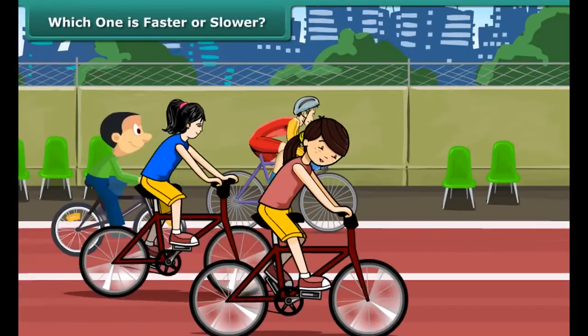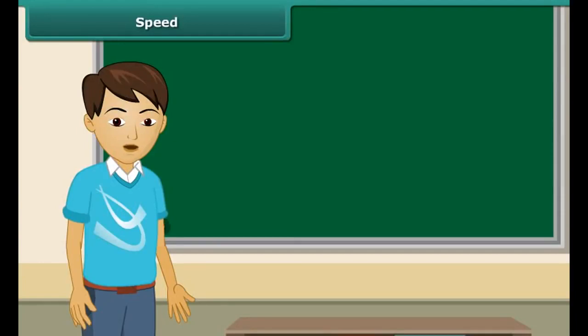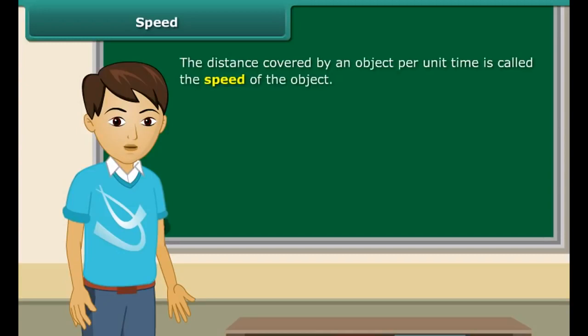Consider a 1,000-meter cycle race. When the whistle blows, the race begins. Every cyclist starts at the same time. Suppose after 10 minutes, one cyclist reaches the finishing line. This means that the winner covered the distance of 1,000 meters in 10 minutes. This also means that all the others who reached the finishing line later covered less than 1,000 meters in 10 minutes and hence lost the race. So we can say that the object that covers a longer distance in a given time interval than other is